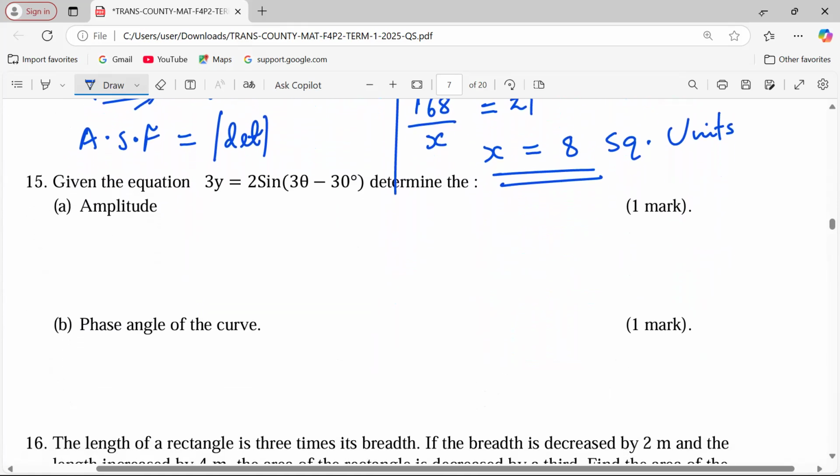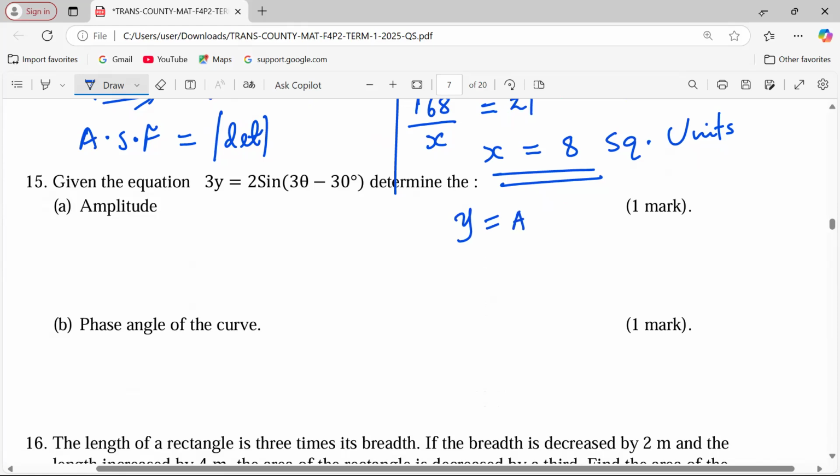We are looking at number 15. Given the equation 3y equals 2 sine of 3x minus 30, determine the amplitude and the phase angle. So we're supposed to know that generally, when you're given a certain trigonometric function, y equals, let's say,